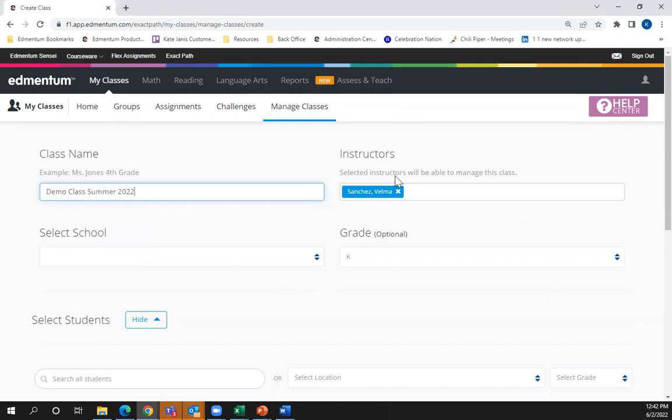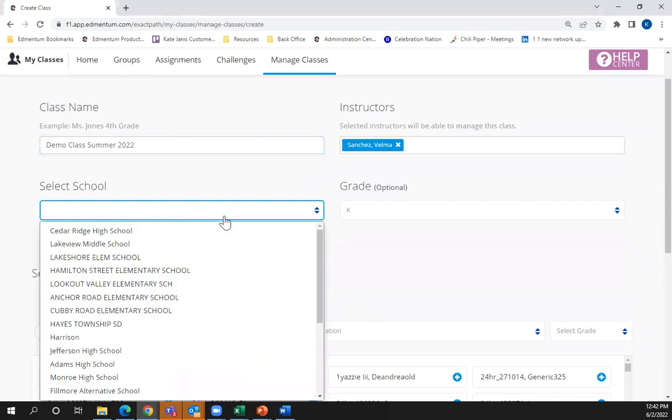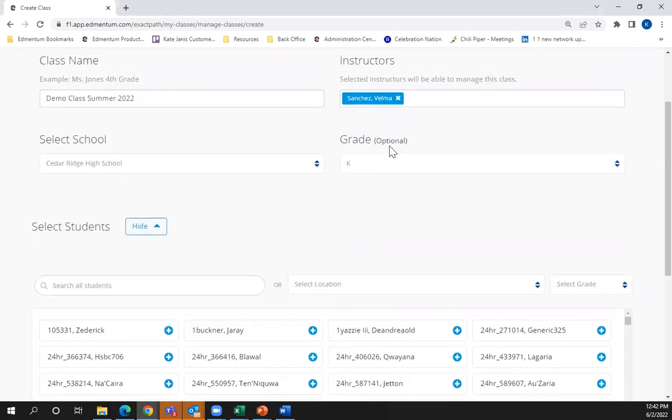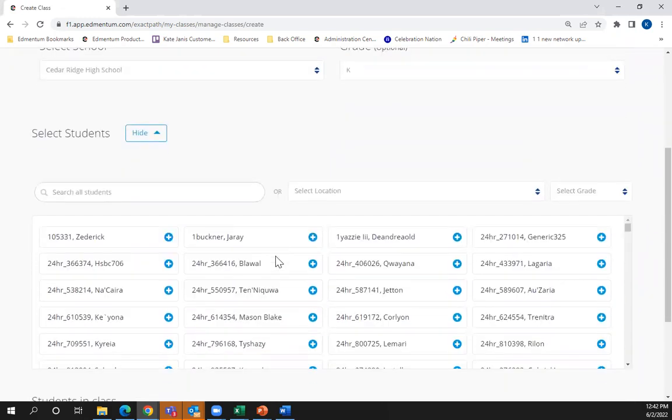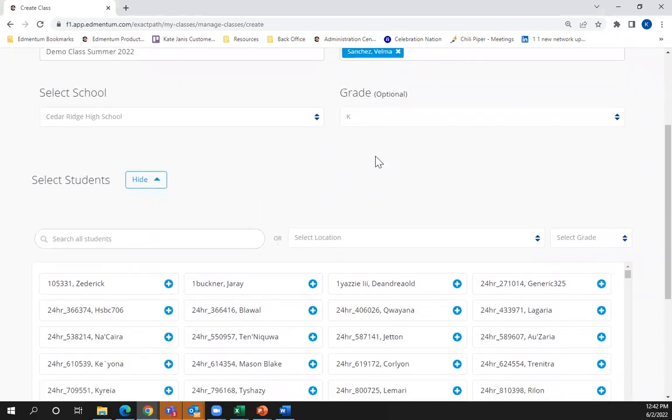Select yourself as an instructor. You may also add additional instructors that need to view the students in your class. You can select your school location, your grade, this section is optional,